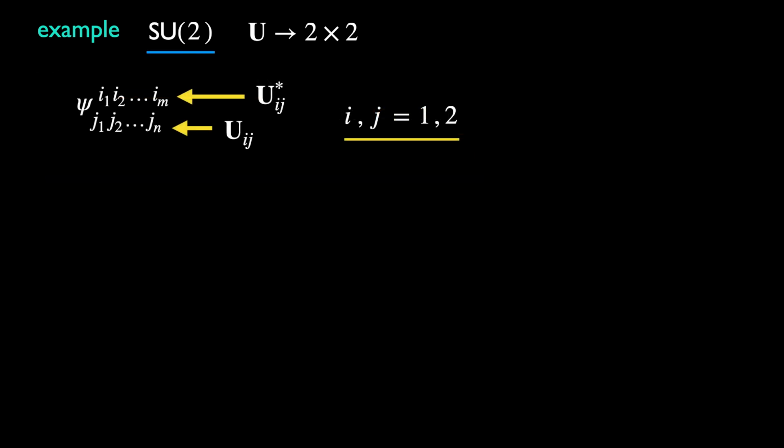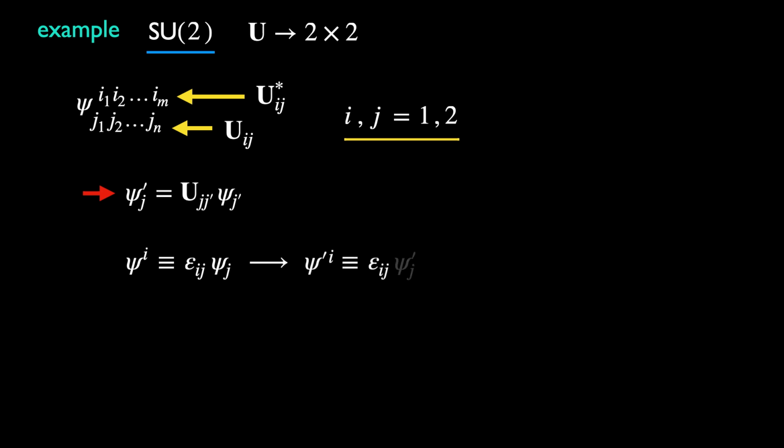To make our point, we only need to deal with a tensor with just one lower index. This transforms by U. Let's define an upper index tensor by a contraction with the epsilon symbol, such that the epsilon is basically raising the index. Thus this object transforms by U star just like an upper indexed object. Here's the most straightforward way to define the transformation, by replacing the lower index psi by its transformation. Substituting in the expression above, we have